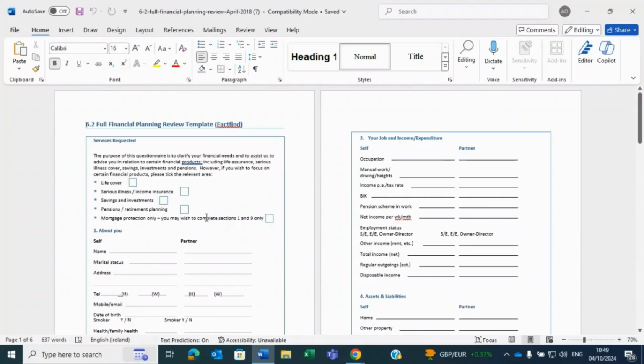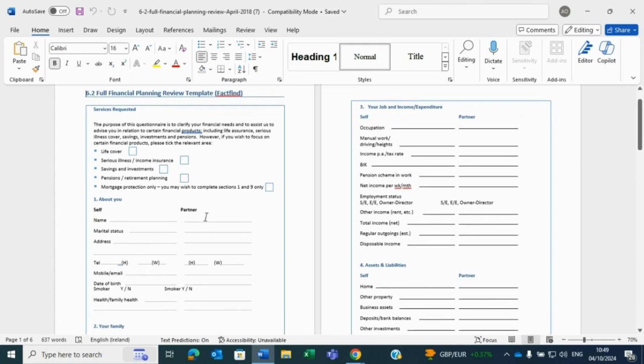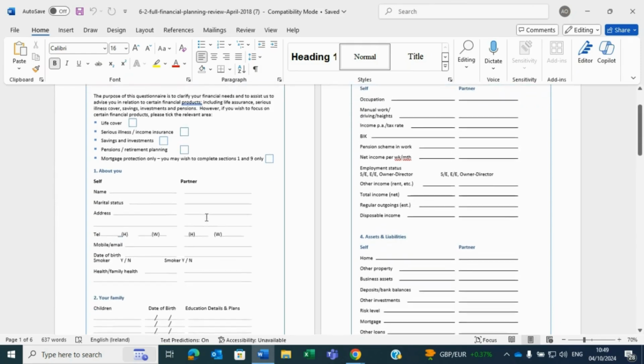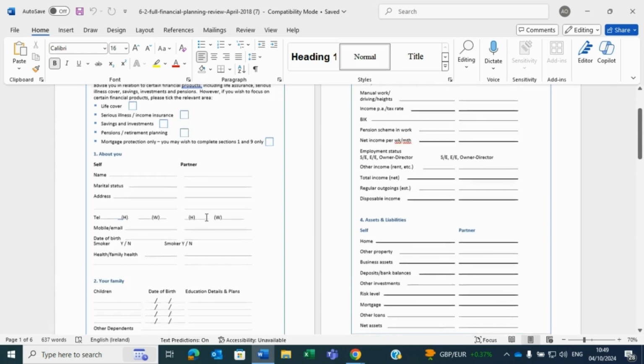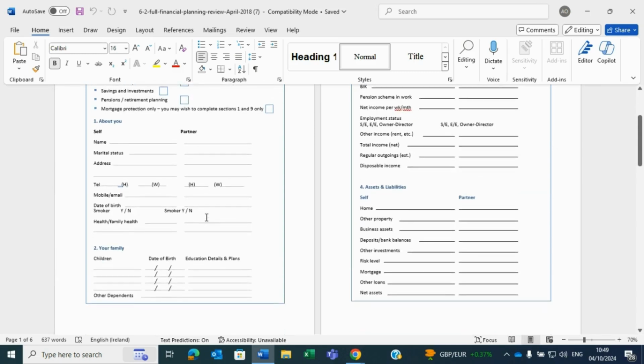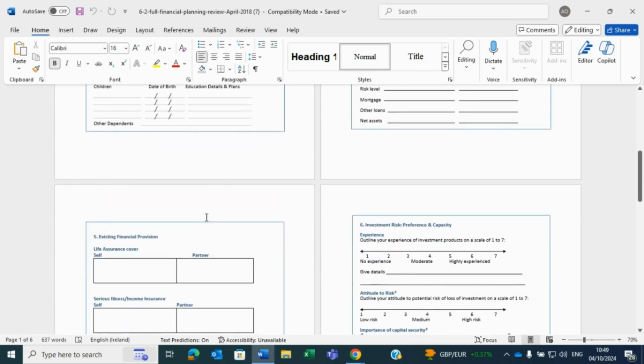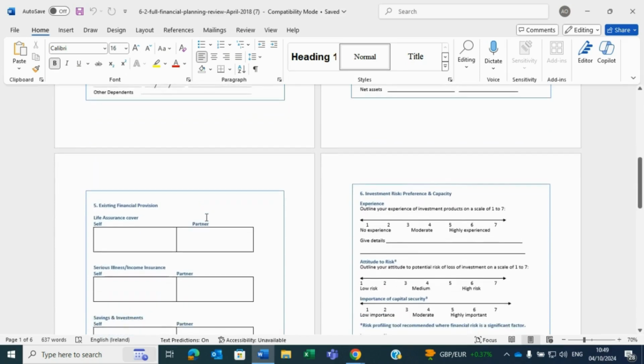When meeting with a client, you must gather and record sufficient information from the consumer prior to arranging a product appropriate to that consumer. The level of information gathered should be appropriate to the nature and complexity of the product being sought by the consumer. This would include details of the consumer's needs and objectives, personal circumstances, financial information, and their attitude to risk.